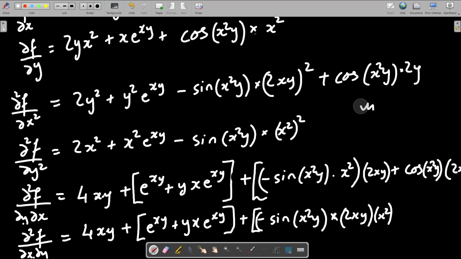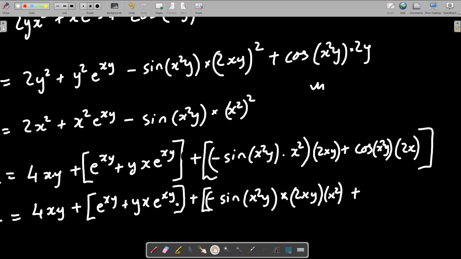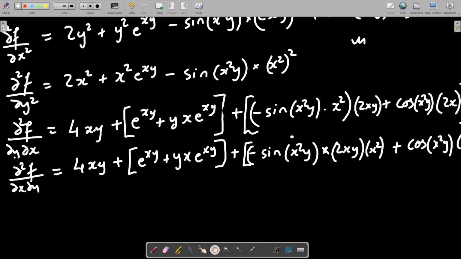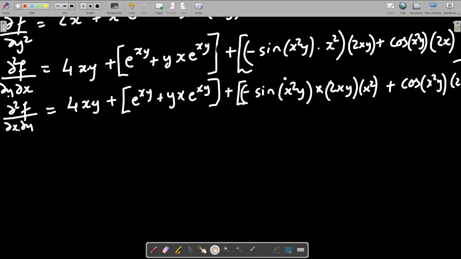Plus the derivative of this second term with respect to x. That is going to leave the first term as it is, cos of x²y, into 2x. Okay, so one thing you can clearly see here,